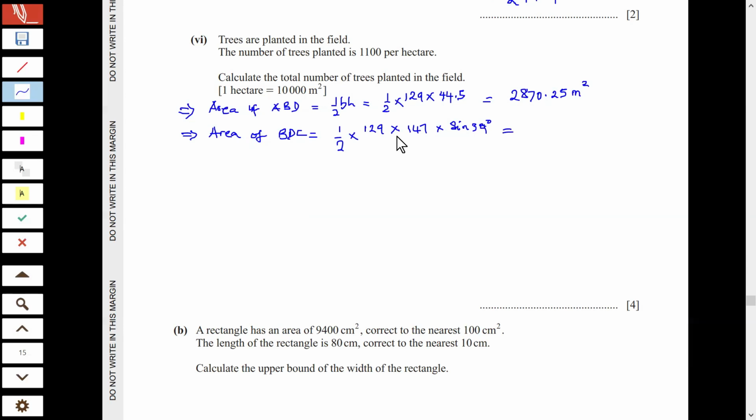So if you use a calculator to multiply all this, you're going to get 5,966.9 meters squared. So the area covered by the field